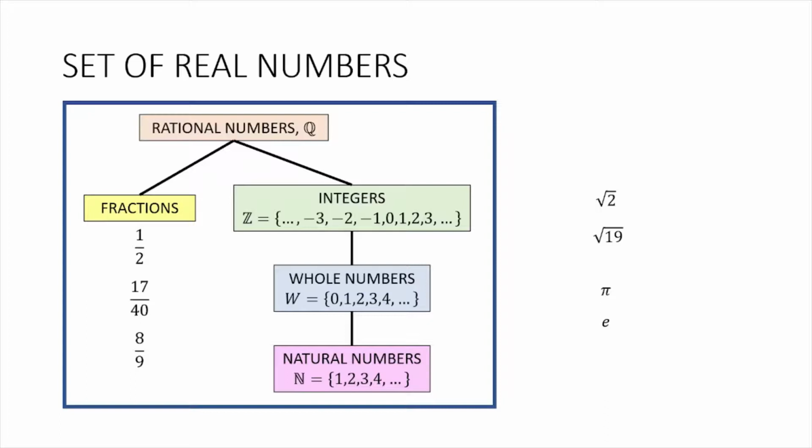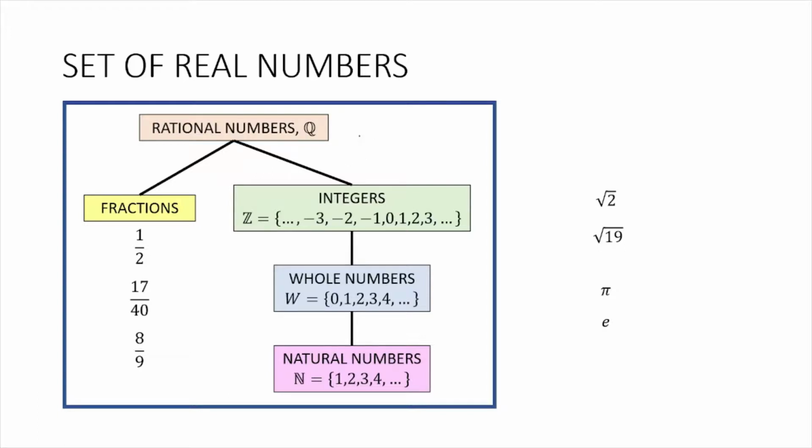In other words, these are numbers that can be expressed as a ratio of two integers. Okay, so if you look at these examples of fractions here, we have 1/2, 17/40, 8/9. Basically, the numerator and the denominator are integers. So we have a ratio between two integers. And then the integers themselves can also be expressed as a ratio of some other integers, like for example